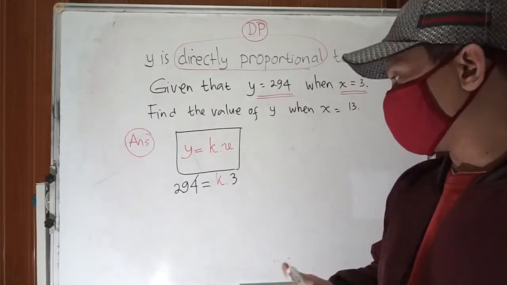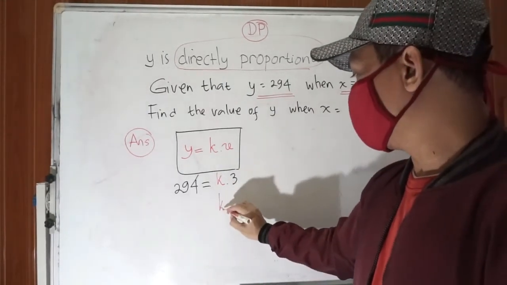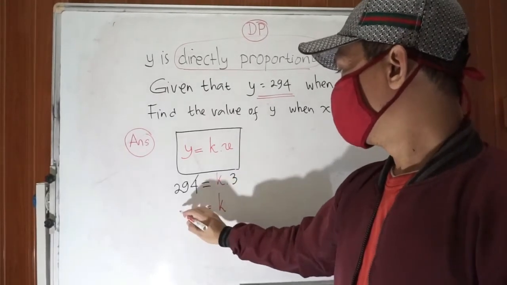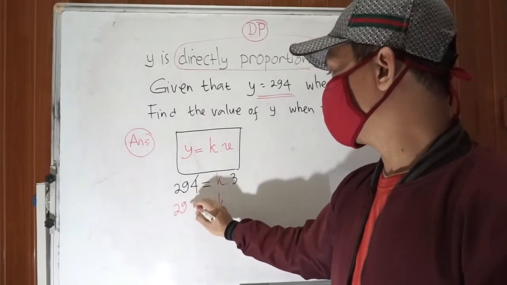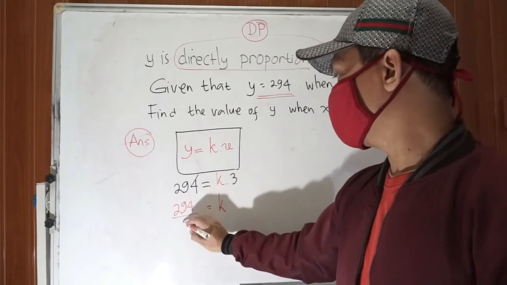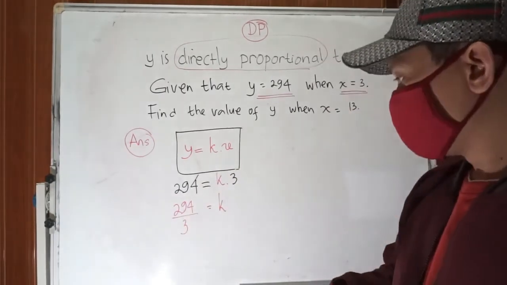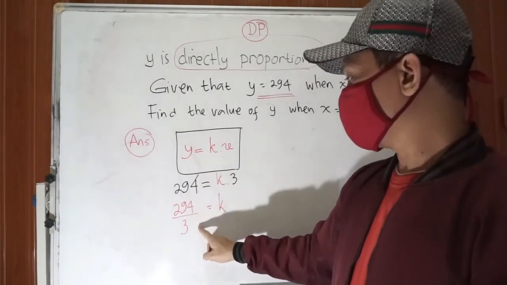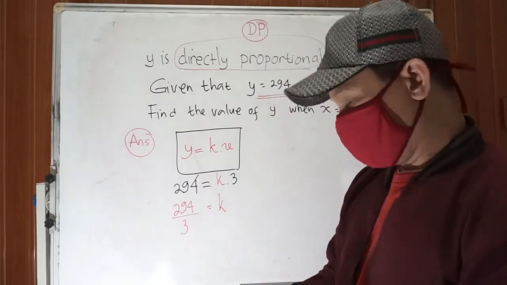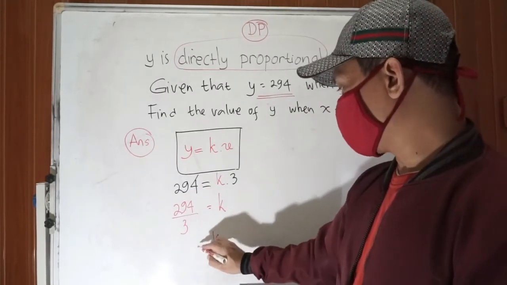So we get the value of k equals 294 divided by 3. Using the calculator,